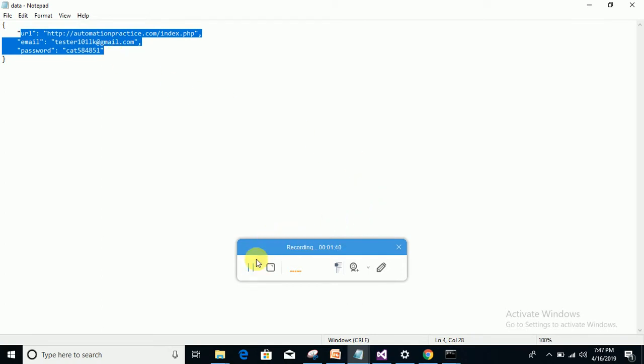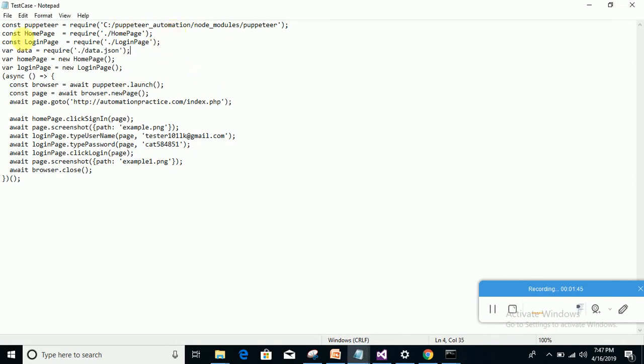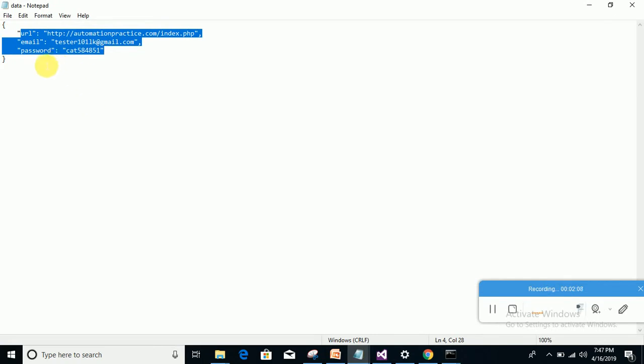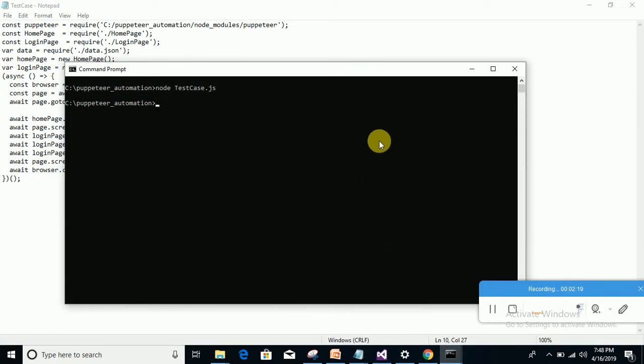So let's do that. First we have to import the data.json file, which is in my automation folder, and I'm assigning it to a variable. So that is done. Now how do we use this? We replace this with data dot, and refer back to the URL. So let's use data.URL, save this and rerun it,